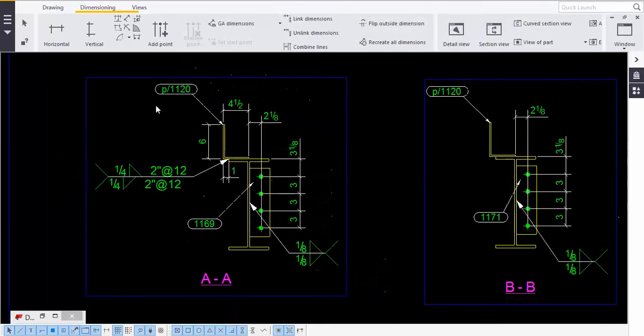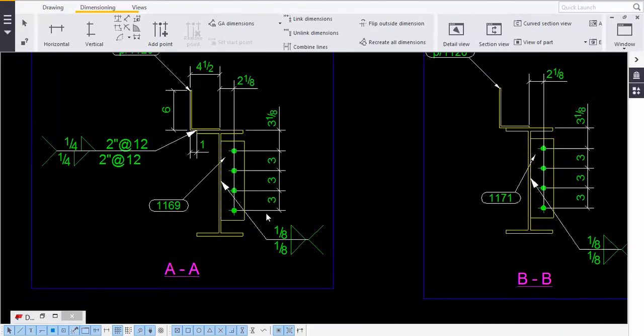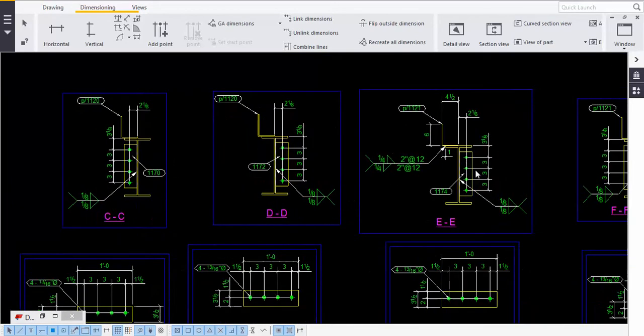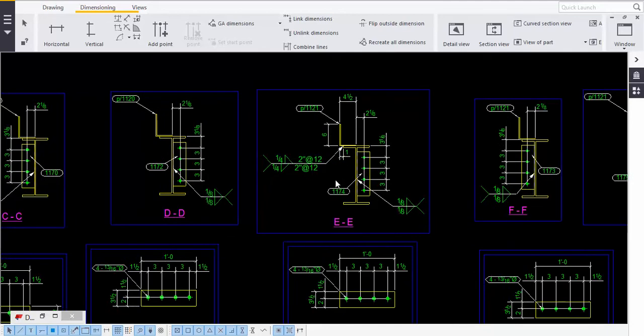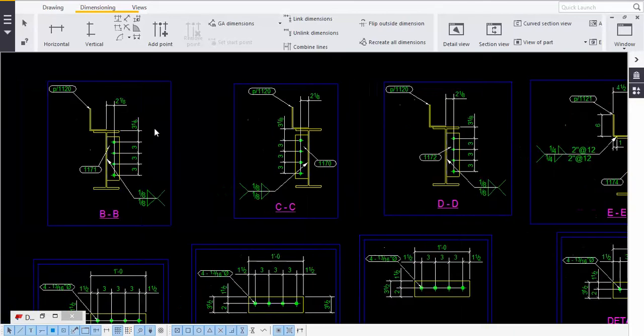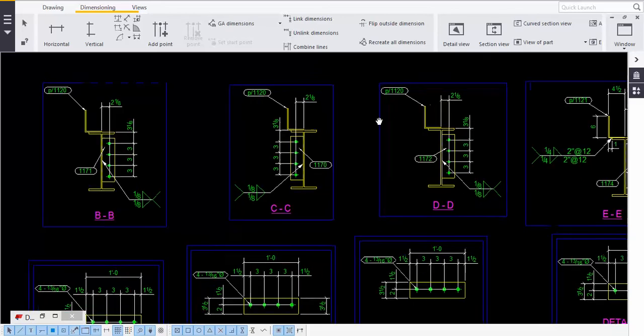So in this way I'll go for stitch weld, and these are the different fillet weld, I'll go for it. So in this way we'll do detailing in this way. So since it is another member, so here not required. See, here angle not required because it is the same angle. See, P 1120, it is the same angle.